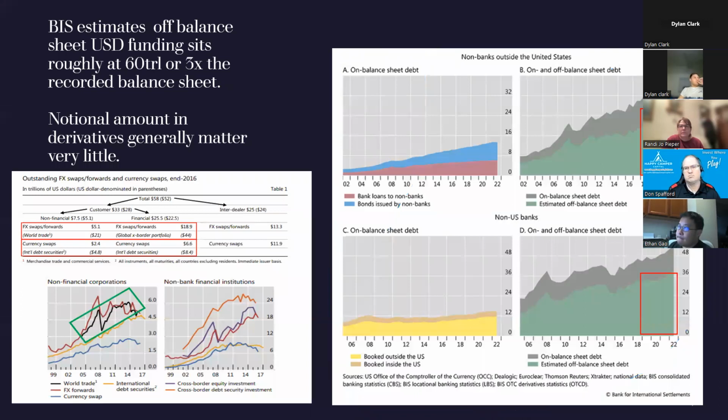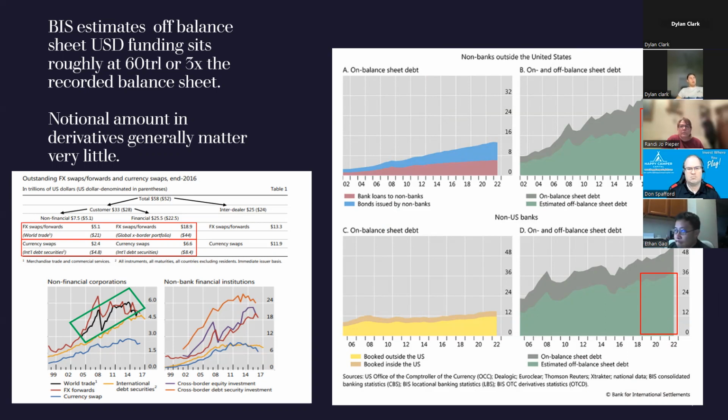There we go. So the question becomes, when we're looking at a scenario like this, whenever we're talking about debt being held and margin calls and so on and so forth, is it going to collapse? Maybe, maybe not. It's all a lot more nuanced than it seems. Notional amounts in derivatives generally matter very little. These contracts are often used to offset existing positions, and most likely the clearinghouse takes care of the continuous mark-to-market and margin positioning exercise.